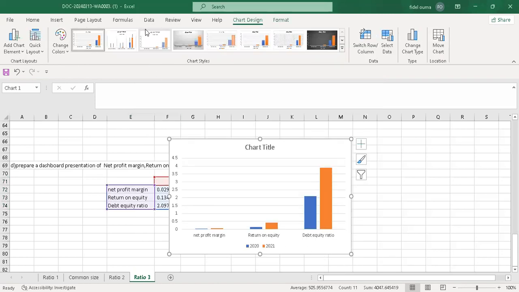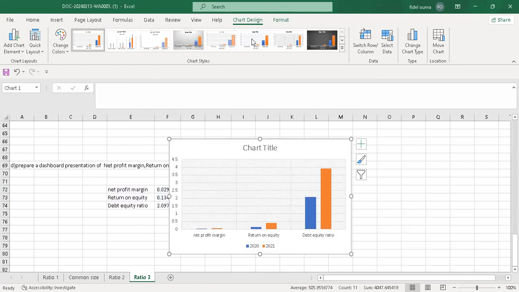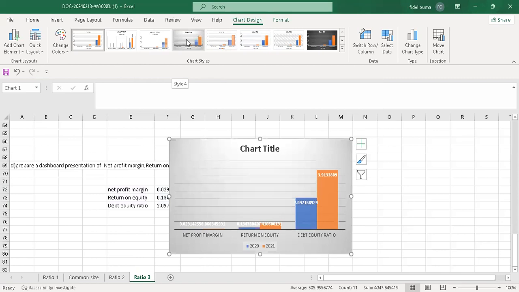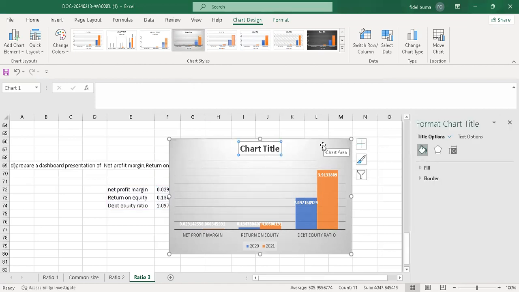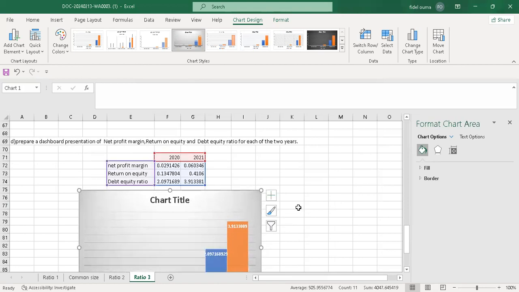And I can pick from different samples up here. I can pick any, I can pick this. This one even gives the values the way they are. So I'll just click this. Then I'll change the chart title. Let me drag it here. I'll change the chart title and say